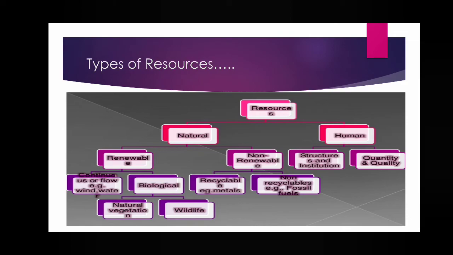Another renewable resource is called biological. Biological means, bio means life, it is related to life. That means biological means flora and fauna. Flora means plant community and fauna means animal community. What is the difference between continuous and biological? Biological renewable resources can be